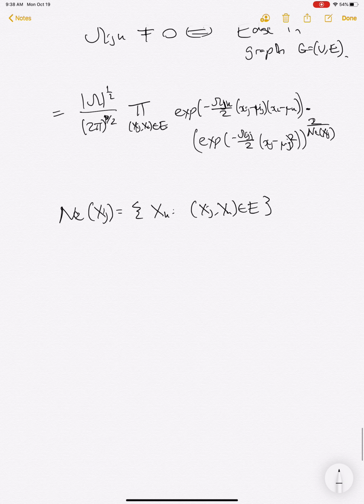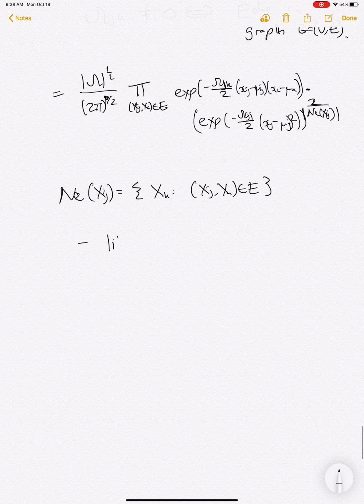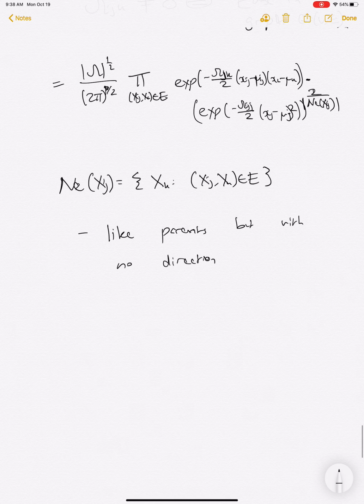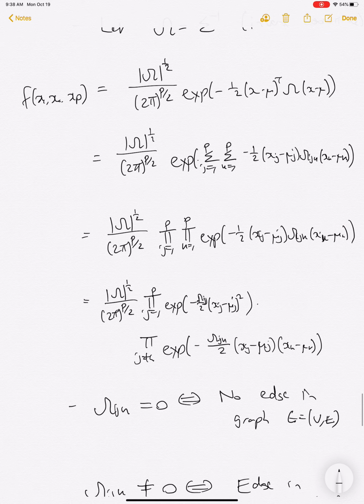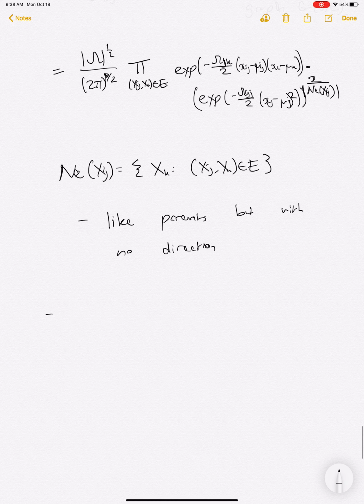So you can think of it as like parents, but with no direction. And again, the reason why we're doing this is to make sure that we don't double count edges too many times. So in particular, just to wrap all that up,